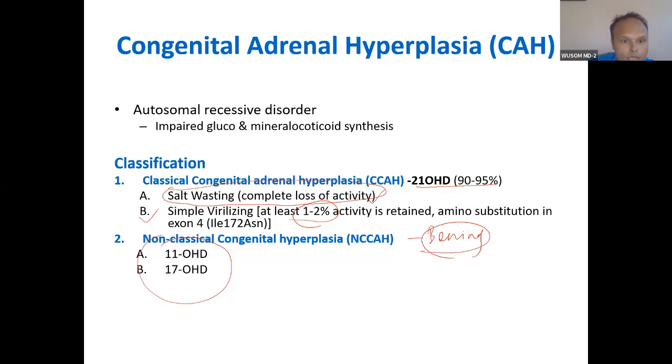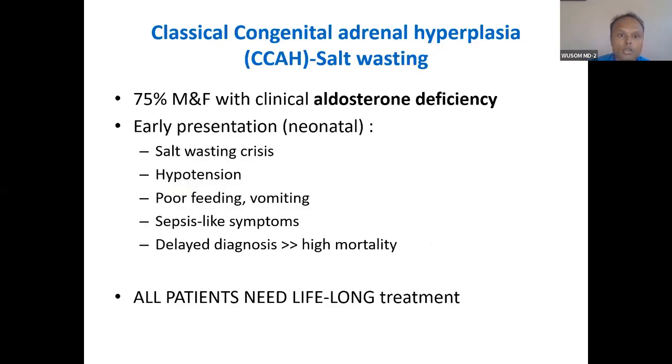So this is the most deadly, and then this is expressed. So understand this. You can go through congenital classical adrenal hyperplasia. Salt wasting will have complete deficiency of 21 hydroxylase. In such condition, you know that hypotension will be there, plus obviously the presentation of virilization will be there. So hypotension will be there, salt crisis, poor feeding, sepsis. Delayed diagnosis will lead to mortality. So this is very important.